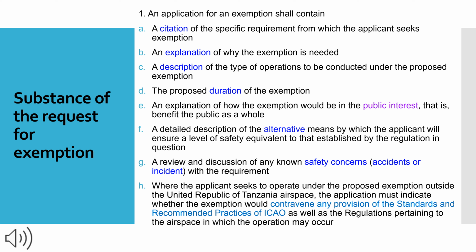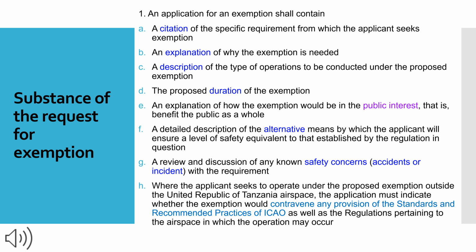Substance of the request for exemption. An application for an exemption shall contain the following: a citation of the specific requirements from which the applicant seeks an exemption, an explanation of why the exemption is needed, a description of the type of operation to be conducted under the proposed exemption, the proposed duration of the exemption, an explanation of how the exemption would be in the public interest, that is, the benefit to the public as a whole,